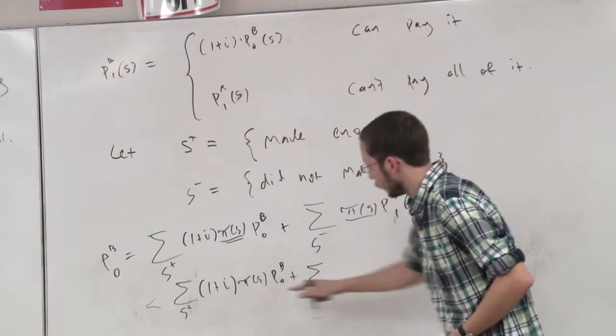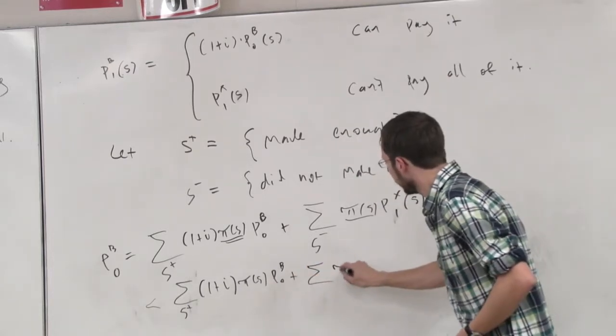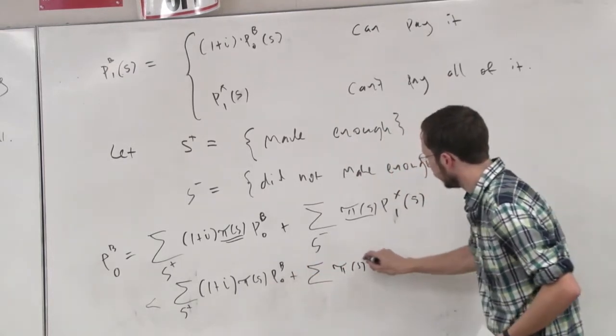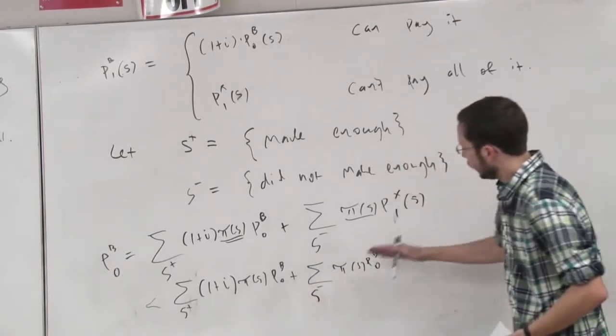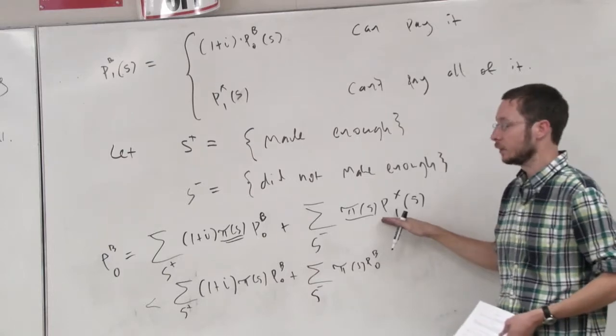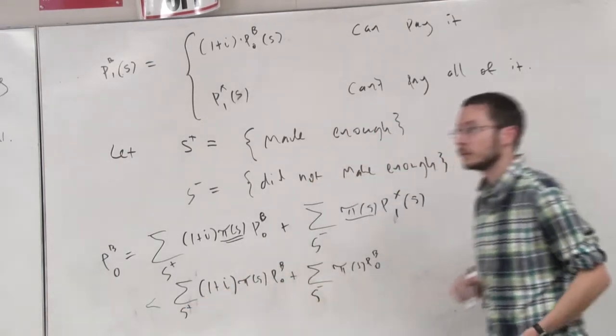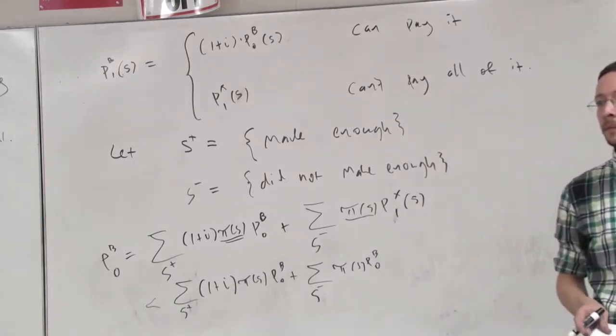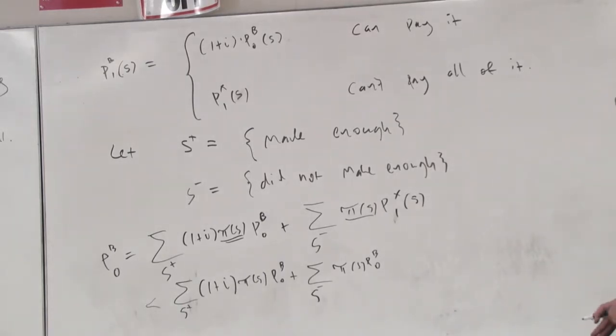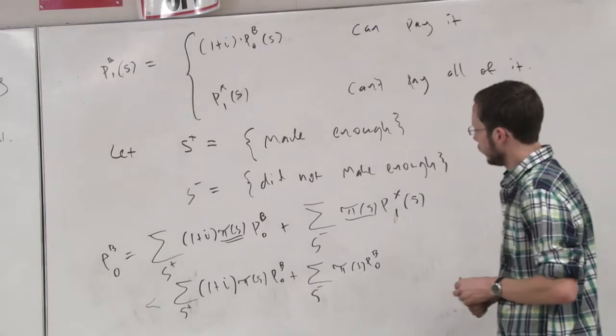Plus the probability-weighted sum, plus the probability that they made their payments in the S minuses, right? These things are larger than these things, so we can set up this inequality here. So, one more time. Not getting the inequality, so, second part of